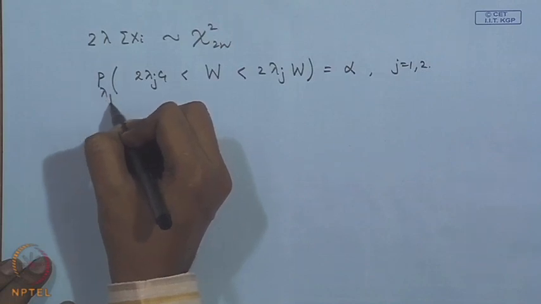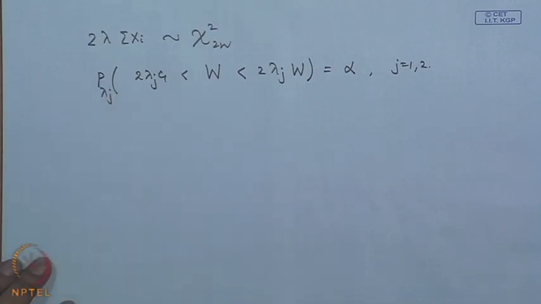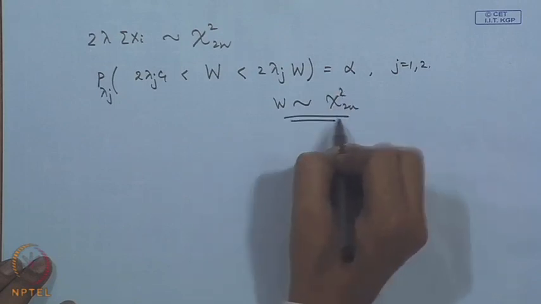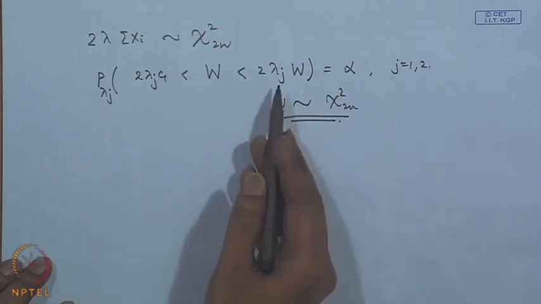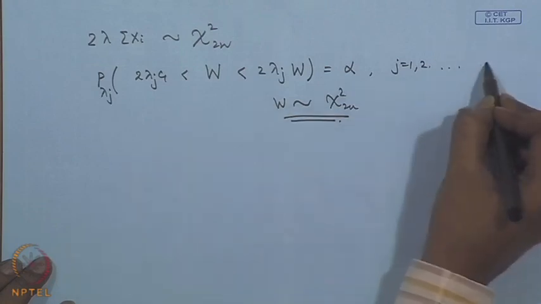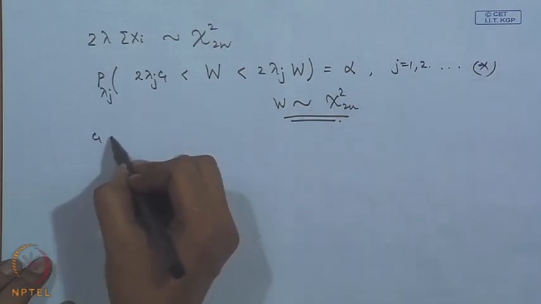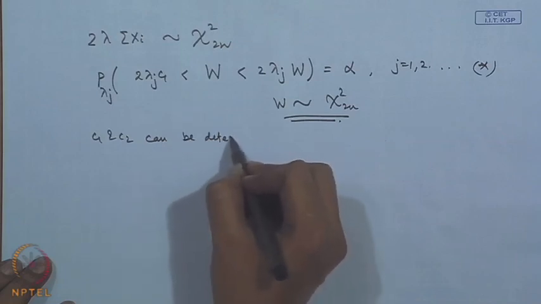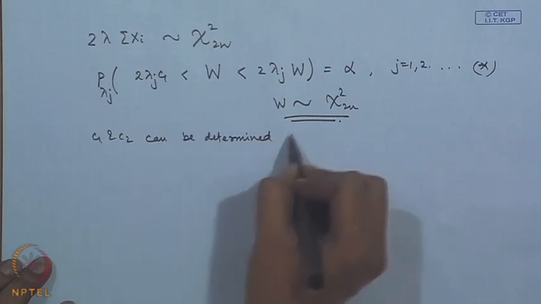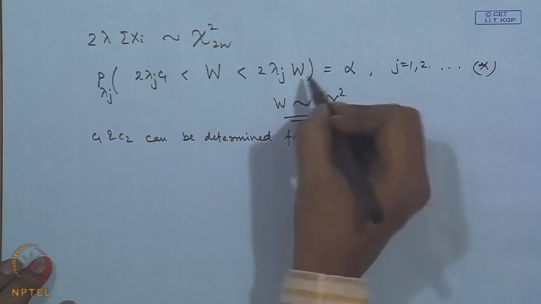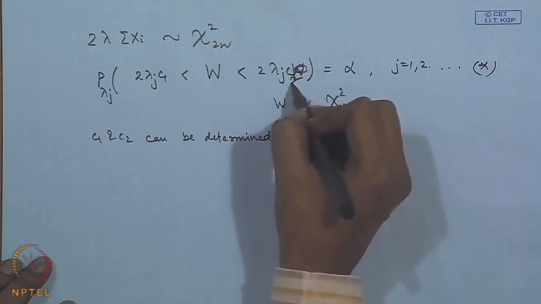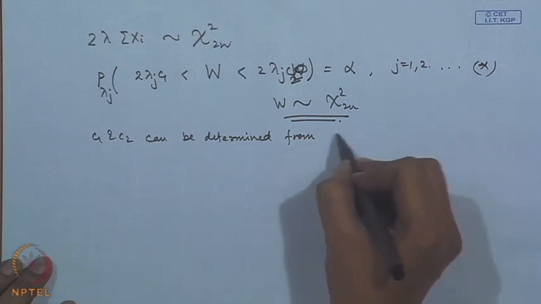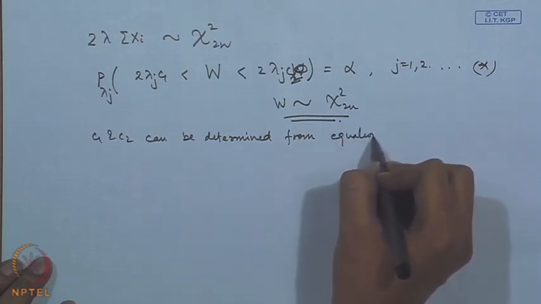This is when lambda j is true, where w follows chi square 2n. So, let me call this equations star. So, C 1 and C 2 can be determined from, sorry, this is C 2 here, C 1 and C 2 can be determined from equations star